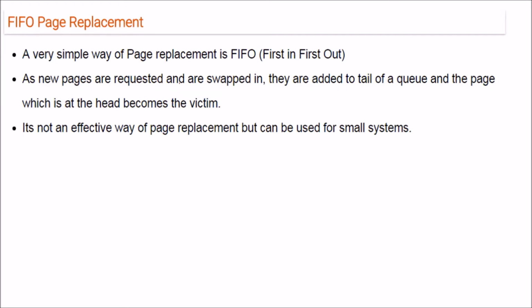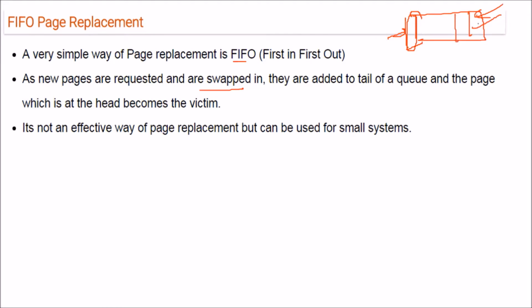The first page replacement algorithm we'll talk about is first in, first out. The first page to come in will be the first to be swapped out. New pages that are requested and swapped in are added to the tail of the queue. The page at the head, which came earlier, is the victim.